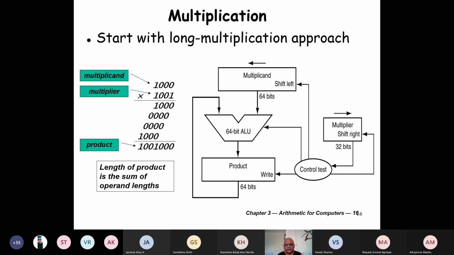Normally the marks are out almost 1 or 2 days after the quiz. They mail me, and I didn't know that. I just asked them whether all students are able to see their marks. They said yes. I'll check that all students should see their marks for all quizzes, so that later there is no controversy. And if there is any difficulty in the correction, you first correspond with the TAs. And if it is not resolved, and you are not happy with their resolution, send me a mail. I will get it resolved.